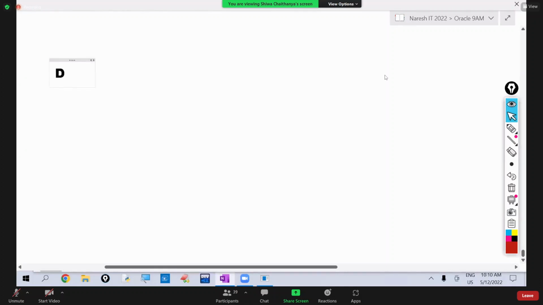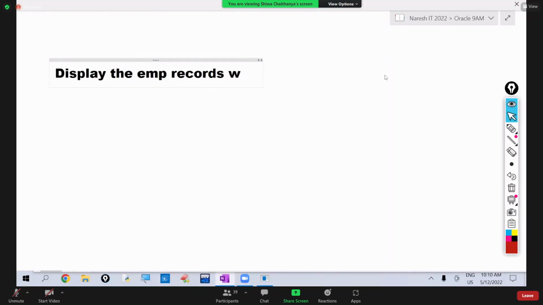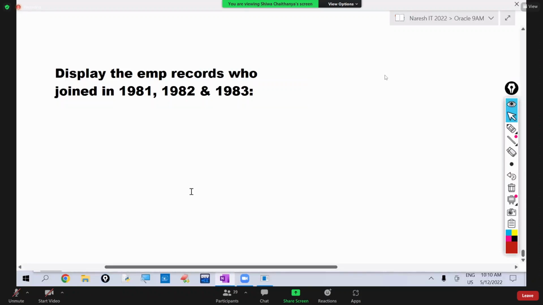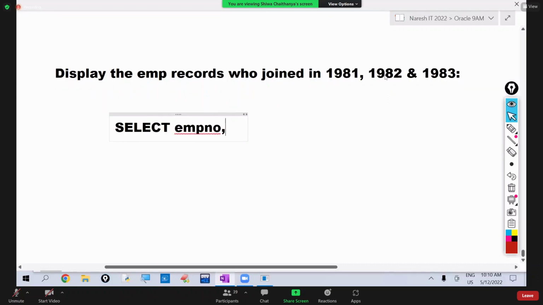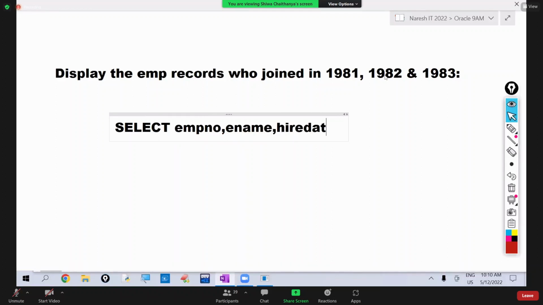We want to display the employee records who joined in 1981, 82 and 83 also. What we have to write? Select star, or you can give column list here. Employee name, hire date. From EMP. Where hire date